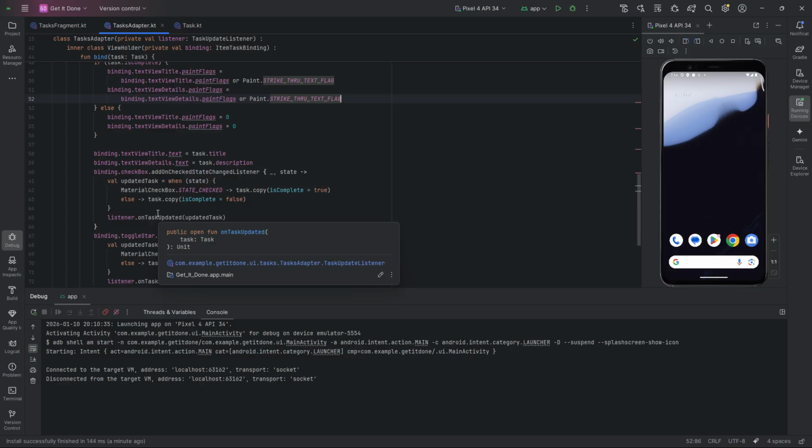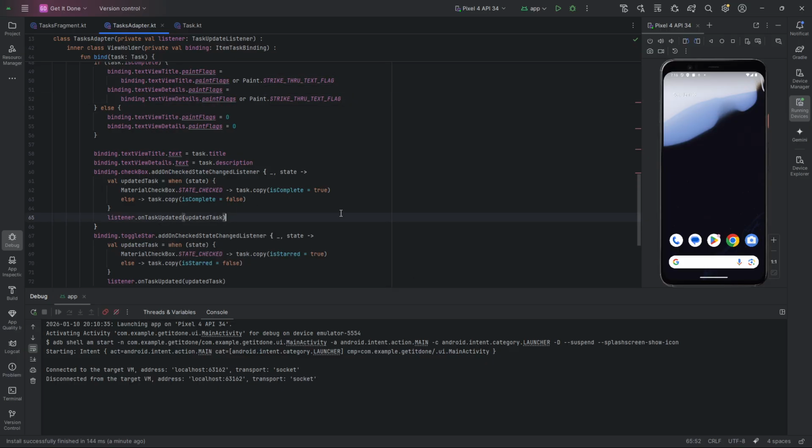In a nutshell, it's not good for us to have a task updated listener and then a check state change listener in a recycler view. So, without getting too deep into the never-ending loop part of the check state change listener, the very simple thing to do is rather than listening for the check state changing, we'll instead just add a regular on-click listener, as this requires the user to actually tap it, whereas the check state change listener can happen when the view holder is resetting itself. So now we're going to go back to the very simple on-click listener,